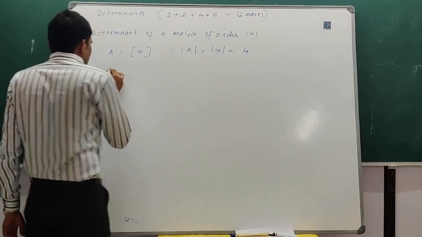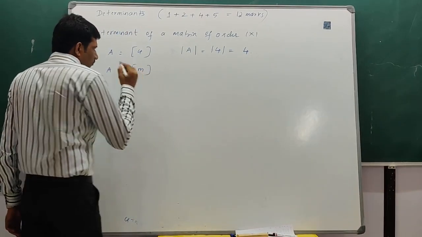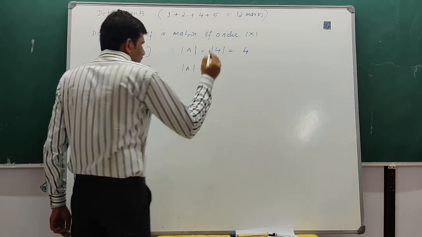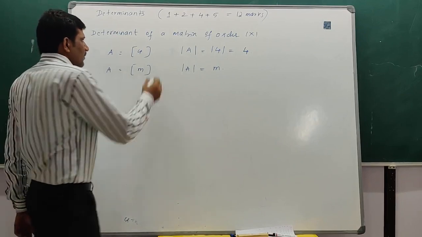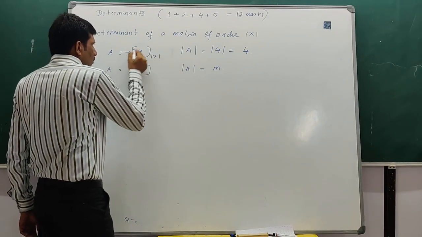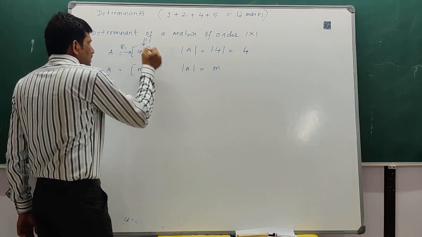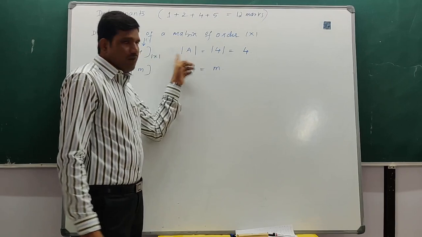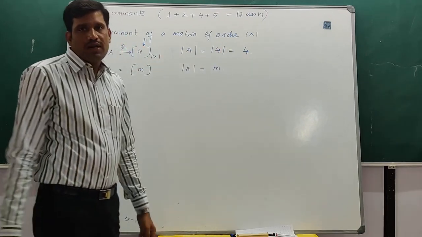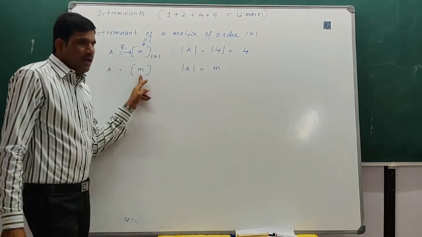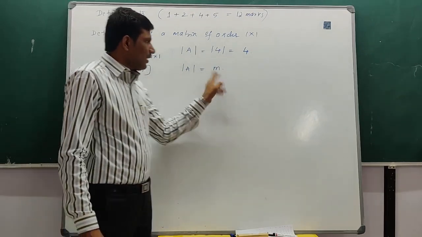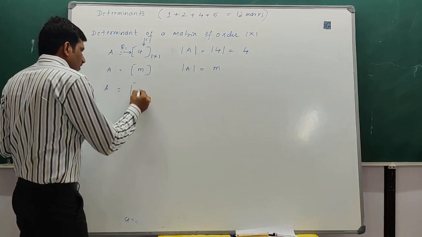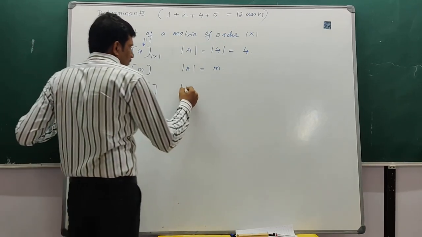In general, if matrix A has only one element, that is M, then the determinant of A is nothing but M. There is only one row and only one column, so this is called a 1 cross 1 matrix. When it has only one element, the determinant of that matrix is equal to that real value. If matrix A has the element -5, then the determinant of A